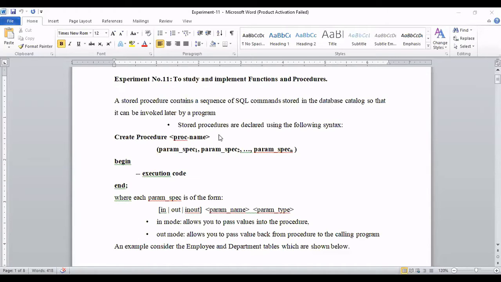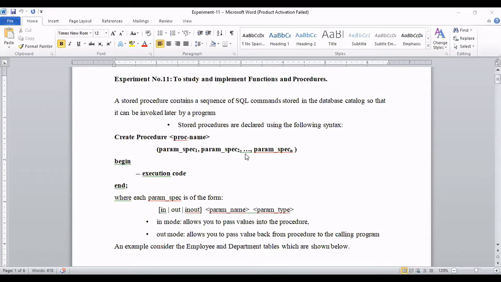But sometimes it is required to execute multiple queries, so that you can make it procedural. Procedural means a number of statements you can execute at a time, multiple tasks you can perform at a time. Then we can say this is a procedure. It has a number of steps, like an algorithm, which is usually not a single step but many steps. So in a procedure, at least two steps are there.